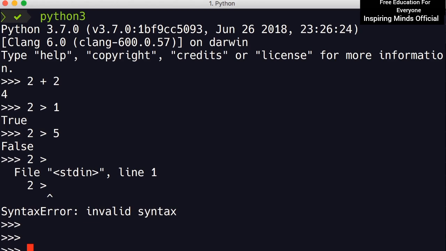So this interactive shell is a great way to quickly experiment with a bit of Python code. But that's not how we build real-world applications. To do that, we need a code editor. And that's what I'm